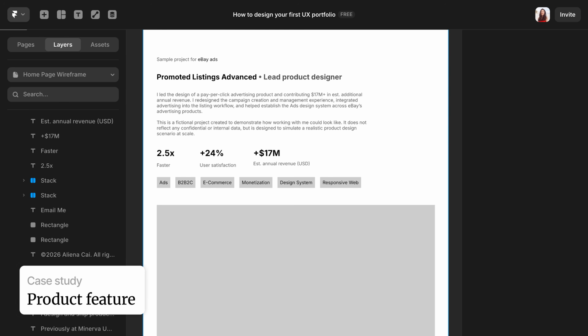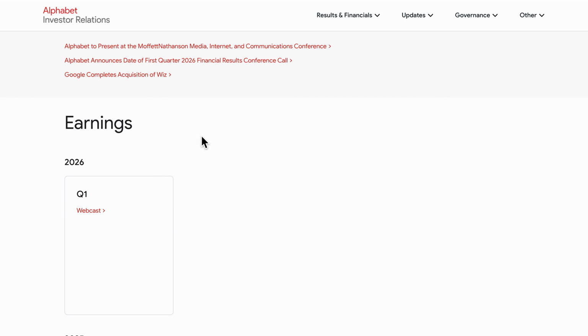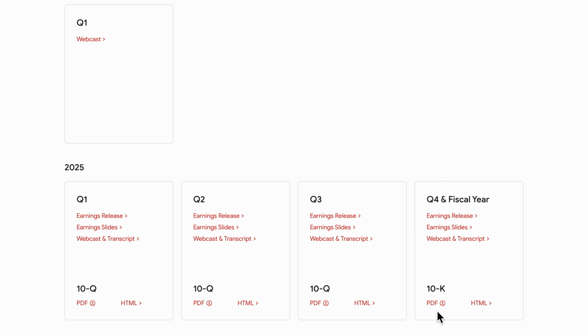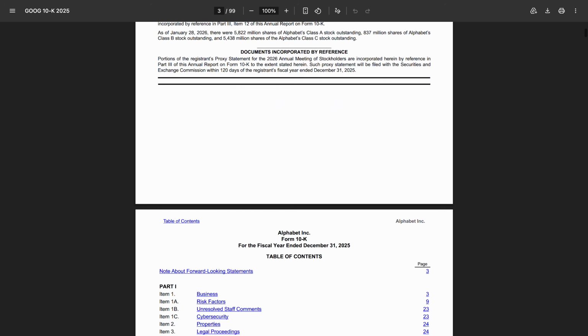Here is another example of a completely different project. This is for adding a feature to an established product. And this type of project is closest to how work is actually done in big tech companies. If the company is public, you can use their financial reports. Just Google them and download them, and then you don't even have to read it yourself. You can just upload them to your AI assistant, ask it to find the key insights, and then use that to estimate the impact of your feature.